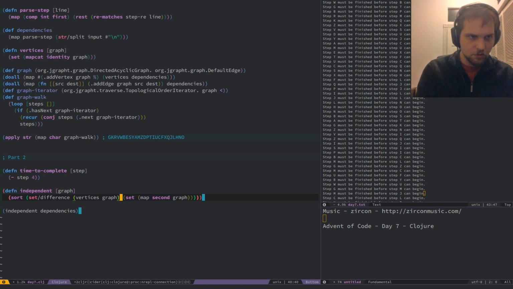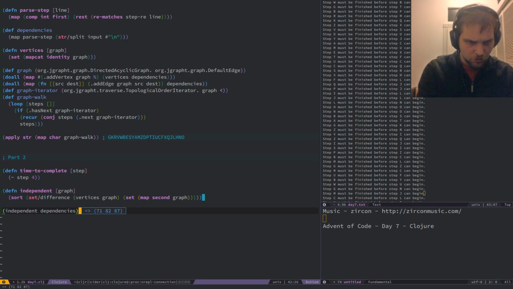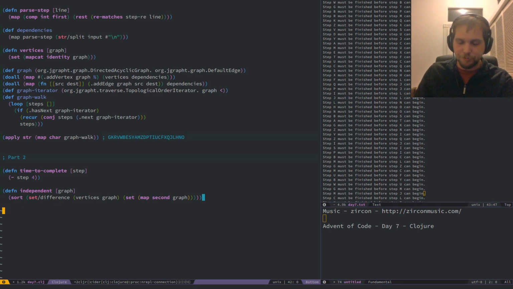No. GRW, so that matches GRW, those are near the beginning. I'll take that as a reasonable enough proof for me that it is giving me what I want.